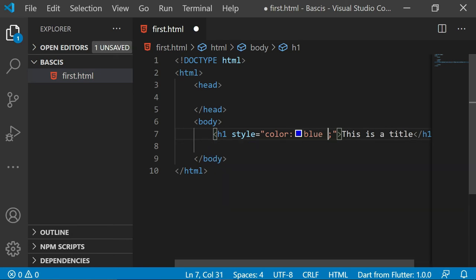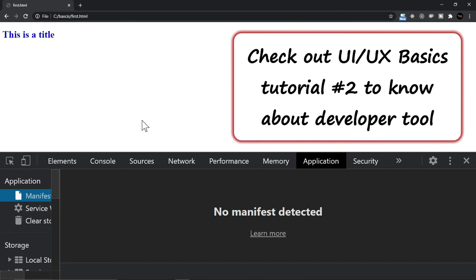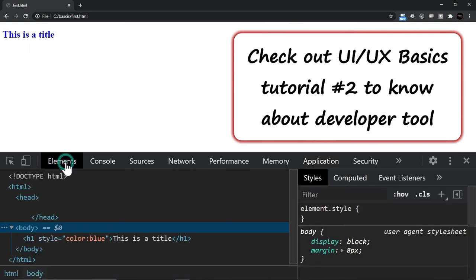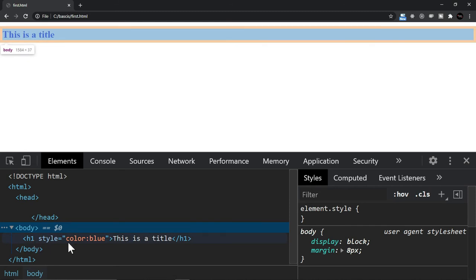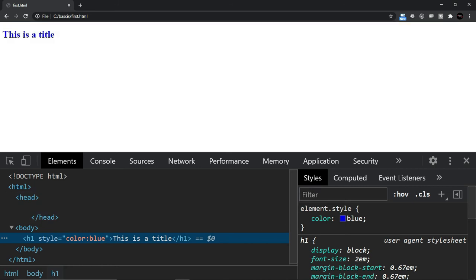I'll say blue. Now you see there is a semicolon which is inserted automatically. Let's say I don't want that semicolon at the moment. I'll just save this, go back to the page. And if I refresh here, you see that the color is changed. It is blue now. Let me also open the developer tool, which I mentioned in the previous session. And I'll open this elements tab. So here we have the H1, the style, that is the color blue, right? And if I click here, then you see that the style is also appearing on the right hand side of this browser. That is the developer tool.